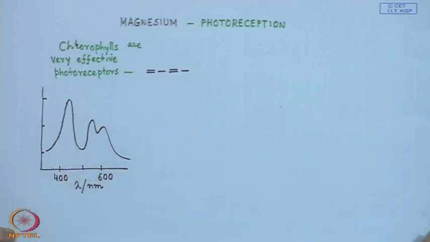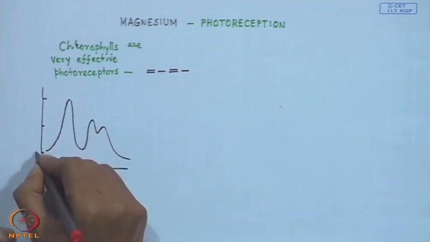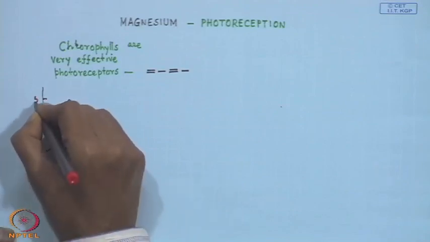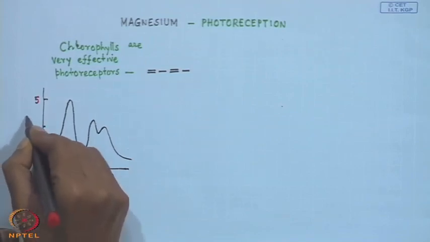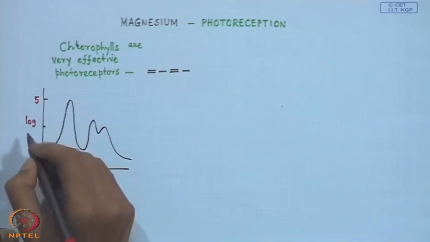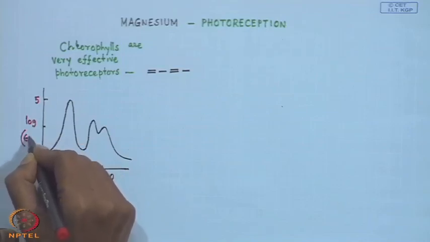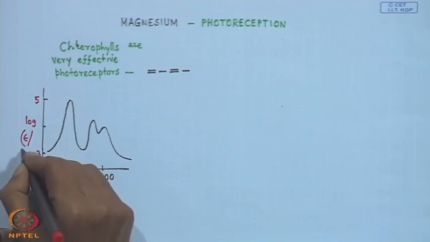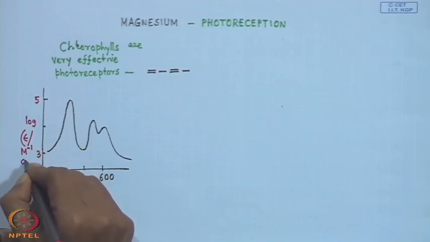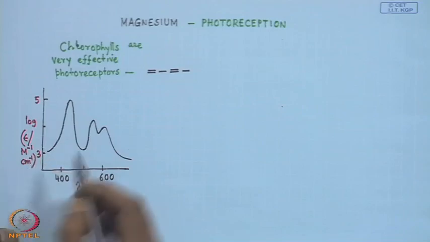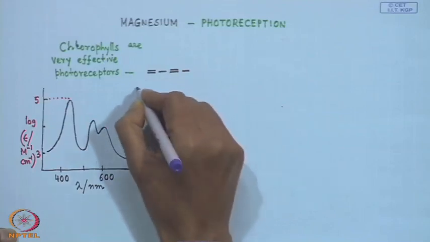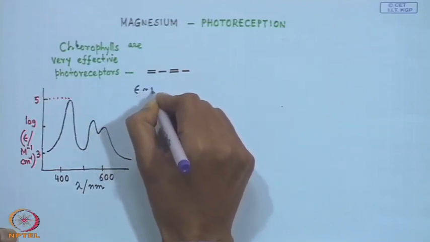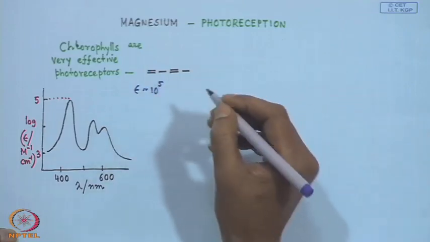This molar absorptivity is also very high. It is 3, it is 4 and it is 5. And the unit is a logarithmic scale. Epsilon, unit is mole inverse centimeter inverse. So, when we get something which is close to 5, we get a corresponding epsilon value about 10 to the power 5 mole inverse centimeter inverse,